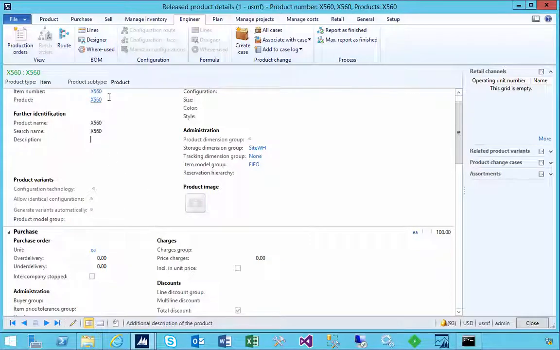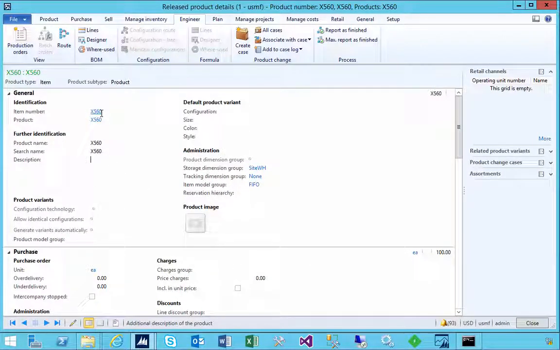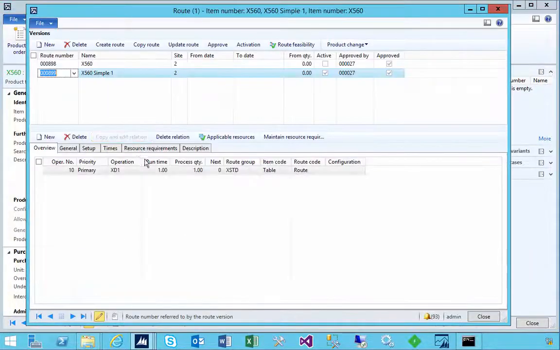I've got an item that's a production item here. Let's have a look at the cost price estimate on it, and specifically the runtime cost. So first I'm going to go into my route, and just for example's sake, this is a fairly simple route,